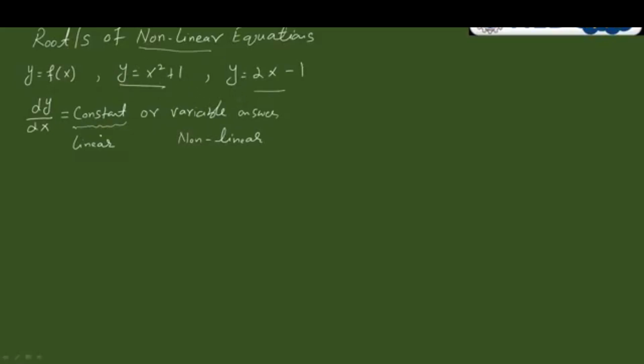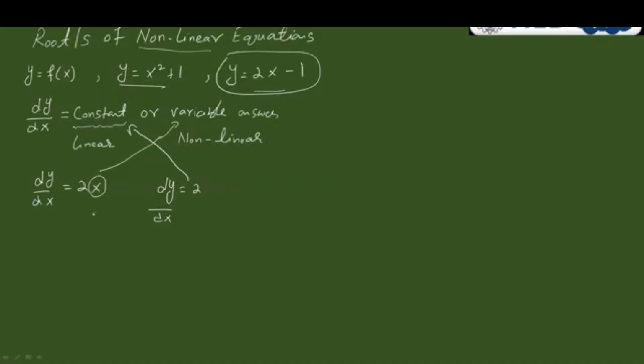So if I take the derivative of this function, dy over dx, it is very easy. This will be 2x. And if I compute the derivative of this function, which, as all of you can recognize, is the equation of a straight line, you will get dy over dx equal to 2 only. So which one is what category? If I differentiate that function with respect to x, I get a constant answer. And if I differentiate that function with respect to x, I get a variable answer because the derivative